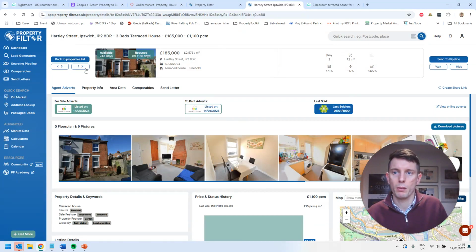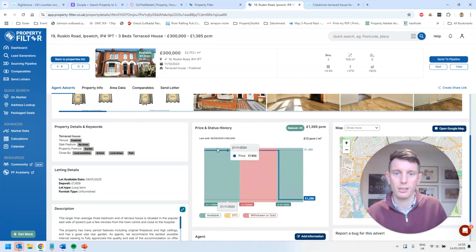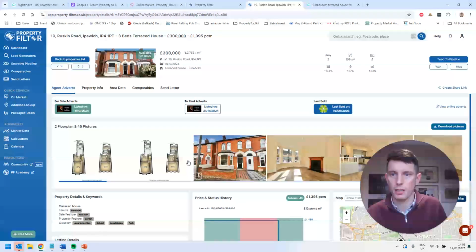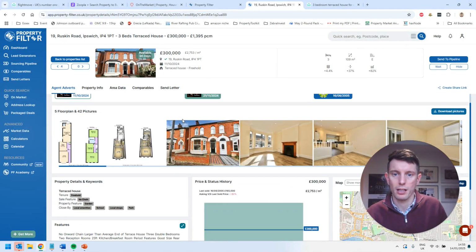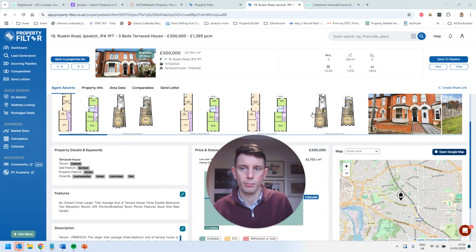And again, when we were in here, we've got one other one that came up that I kind of like the look of. Here you can see they're struggling. They've had the property up for sale. It's been withdrawn and it's come back on. You've got it for sale as well, and you've got the history here as well. So you can see it's a decent sized property in a nice location. And if we click to just open up and have a look on those online,